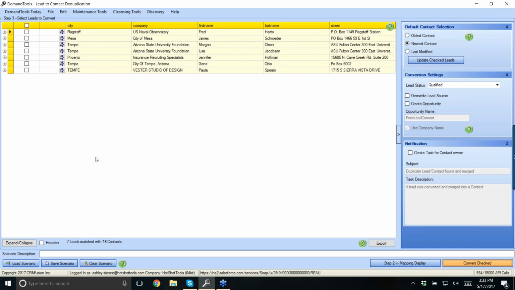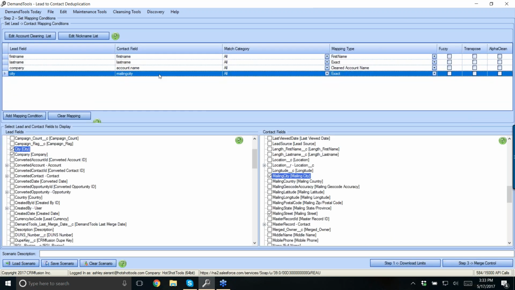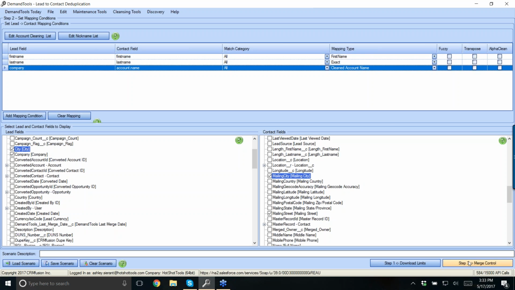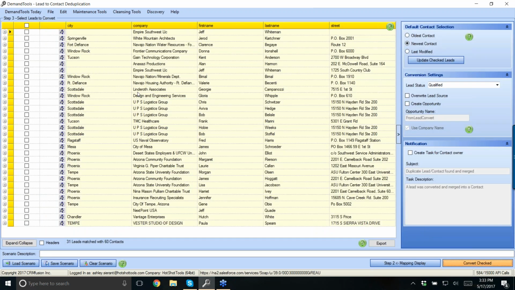Okay, so our results grid has loaded, and it's a little bit sad. There's not a lot here. So typically when your list is smaller than you thought it would be, that's a good indication that your scenario is too rigid. So we might immediately go back to step 2 and loosen things up. Actually, let's do that. I'm going to take off street address. That's probably where my issues are. And let's see if that makes a difference. It might not. Oh, a little bit. Not too much. Okay, so now that we're in a little bit more respectable of a results grid,